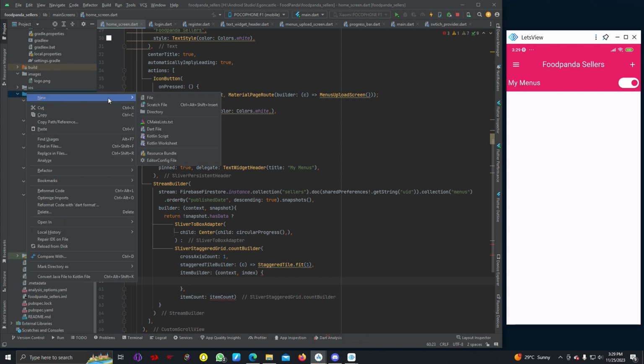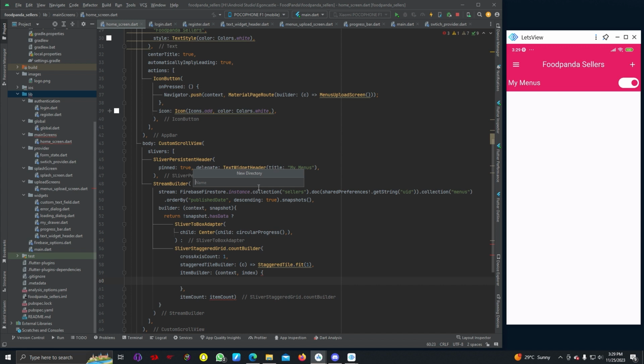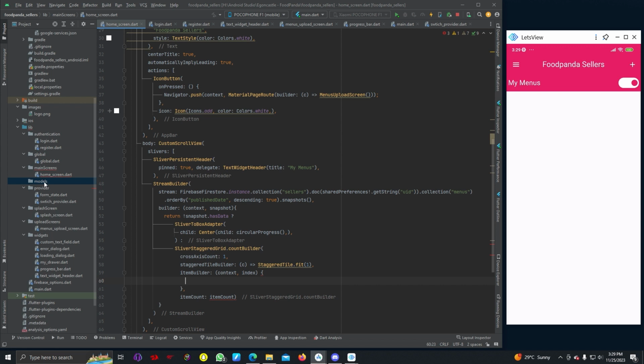We are going to add a model, so make a directory and name it model or models, then add a new dart file called menus,